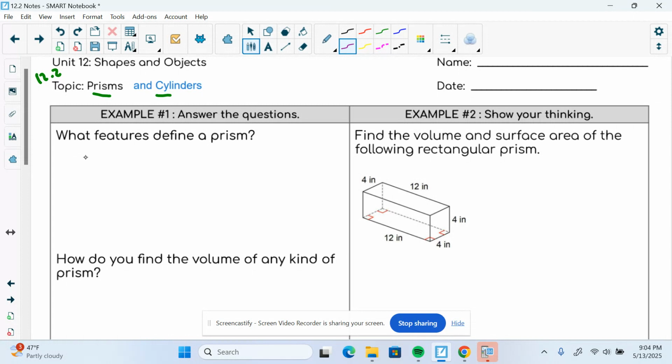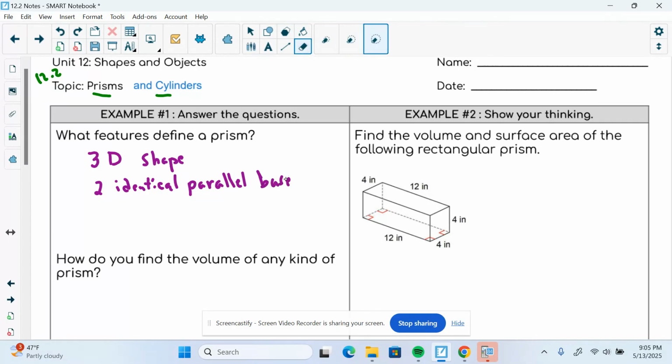So the first is, it is a 3D, three-dimensional shape. Okay, 3 dimensions. Second, it has 2 identical parallel bases. And so does a cylinder. A cylinder has 2 identical parallel bases that happen to be circles, but a cylinder is not a prism because